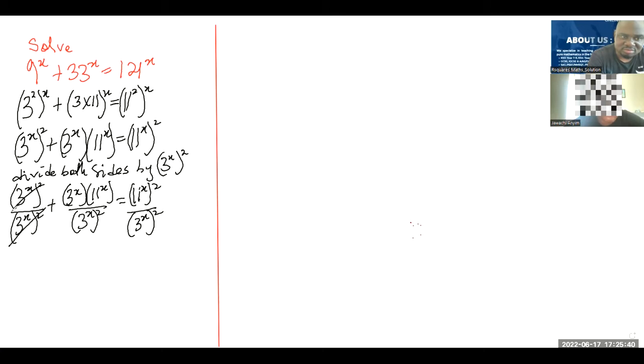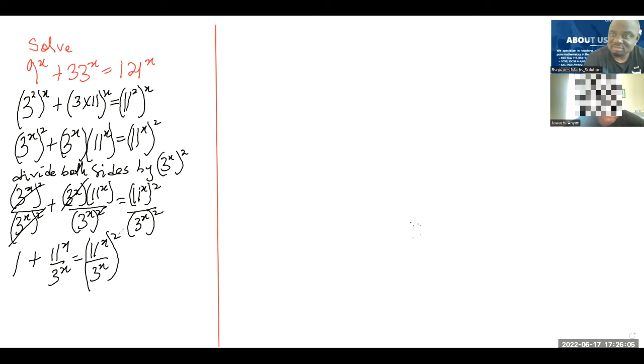So that will be 1. Take care of the square, that will be plus 11 to power x all over 3 to power x, equals, we can rewrite this as 11 to power x all over 3 to power x